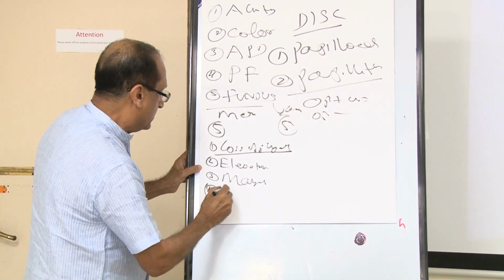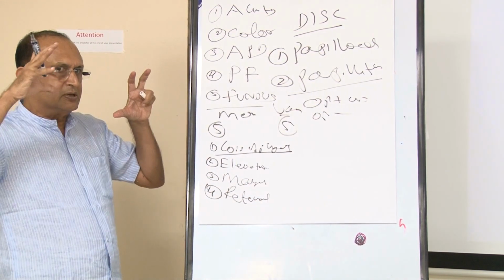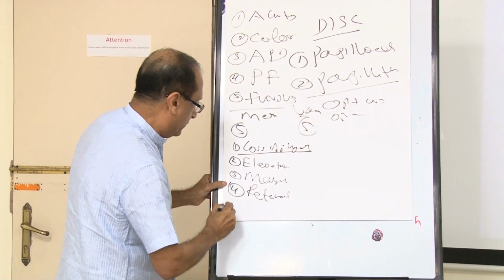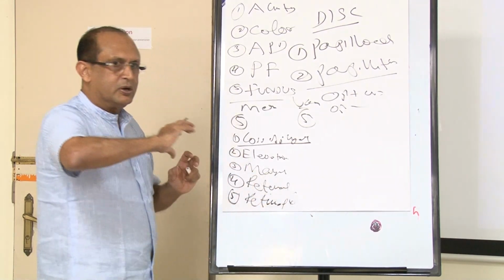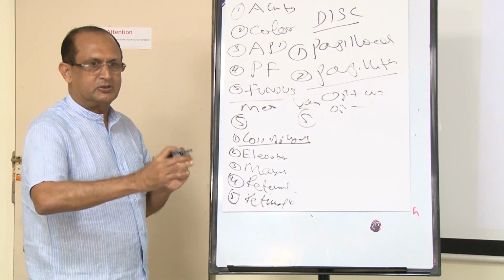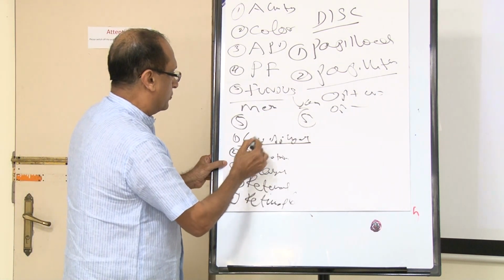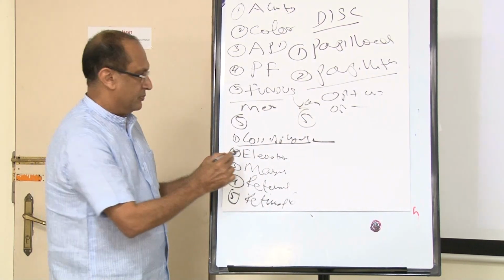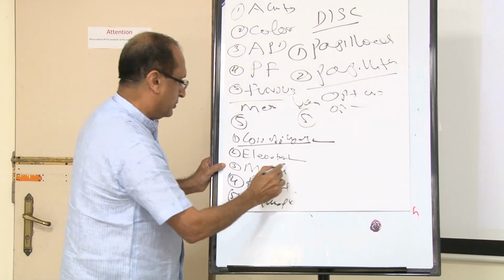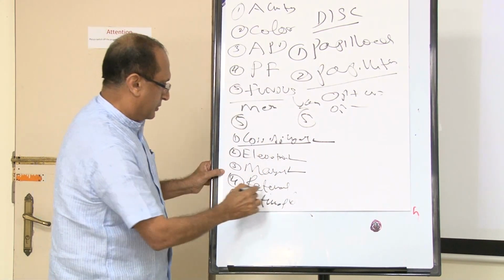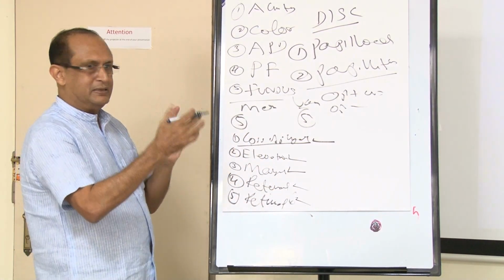Fourth one, it may be difficult for you to find out retinal edema. Surrounding the disc you can see the retina is swollen. Fifth one, retinal folds. Sometimes you can see one bridge-like thing over the retina. That's retinal folds. So, one is loss of physiological cup. Second, the disc is elevated from the surrounding surface. Then margins are blurred. Then retinal edema and retinal folds. These are the 5 mechanical signs.